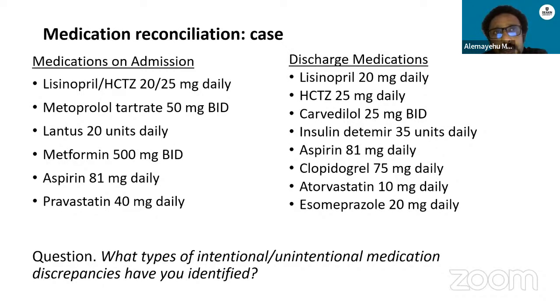So we need to check whether patients are taking the right medicines as compared to on admission. The entry and exit areas are very important. I know there may be a lot of change within a hospital, but because there is extensive care by a number of professionals in the hospital,